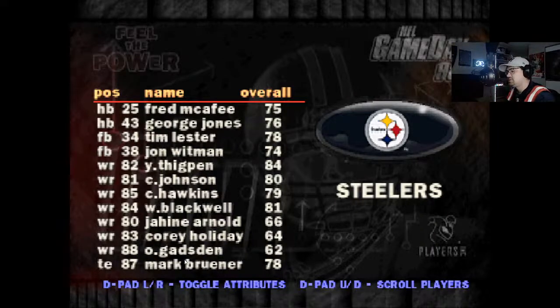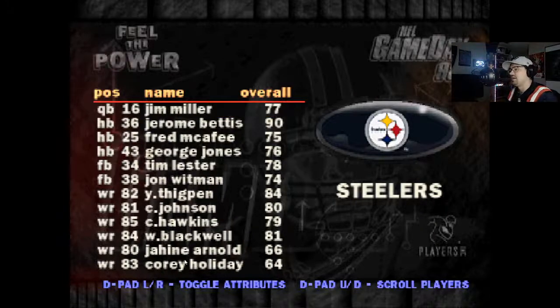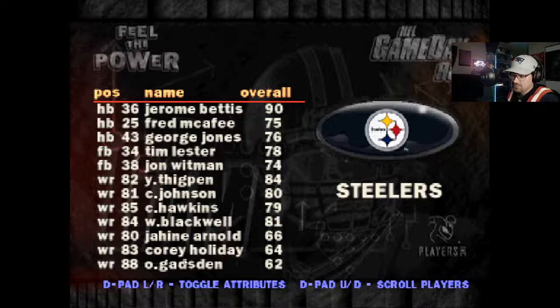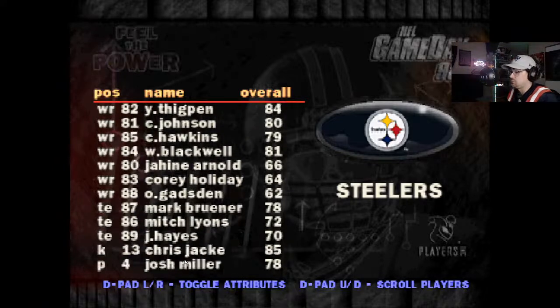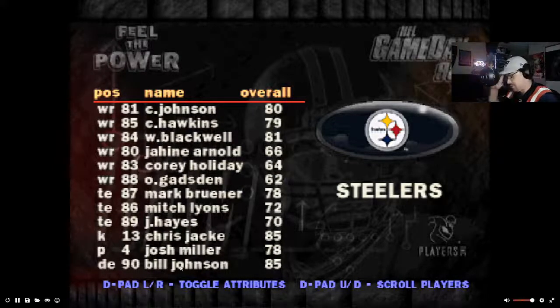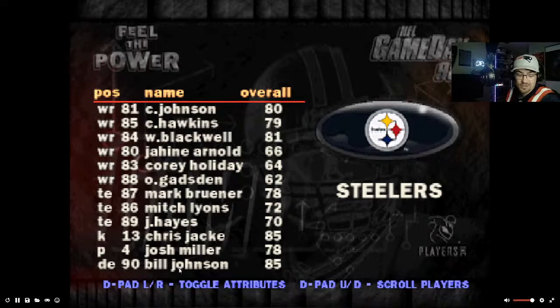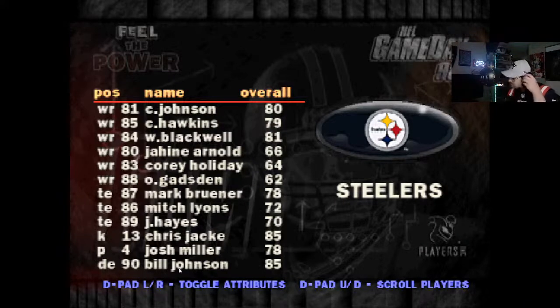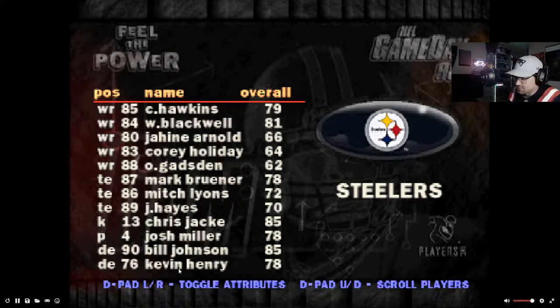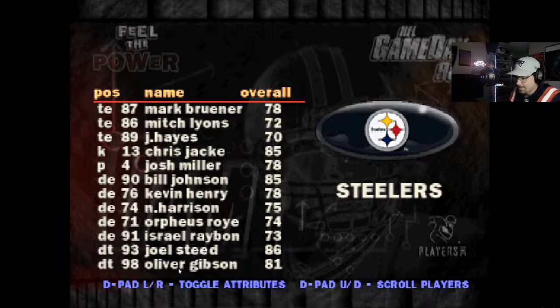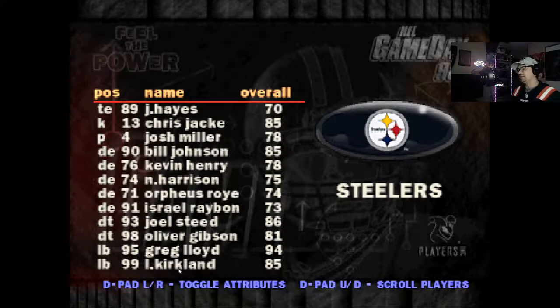This team, I do not think it has anybody from their 2004 team that won a Super Bowl. In fact, a lot of this is probably 2001 players who, famously, lost to the Patriots in the AFC Championship game when Tom Brady got his ankle hurt. And then the Steelers played against Drew Bledsoe. They've got some good players, though.